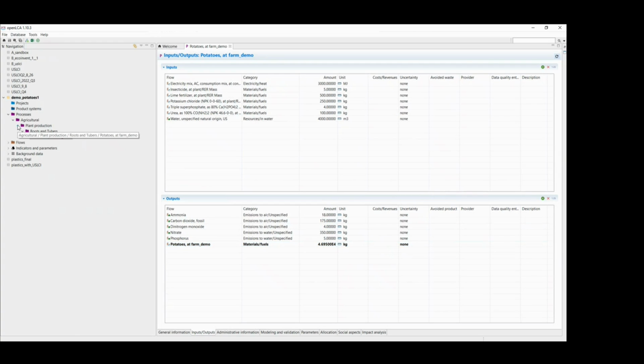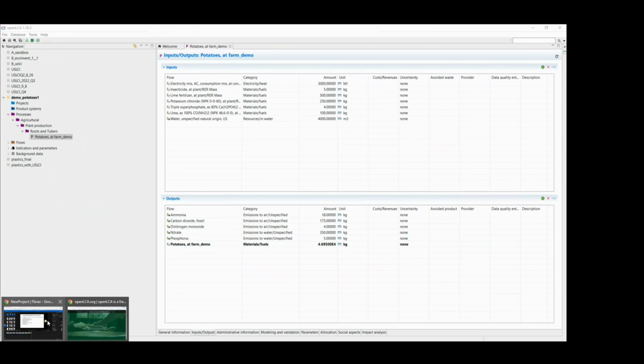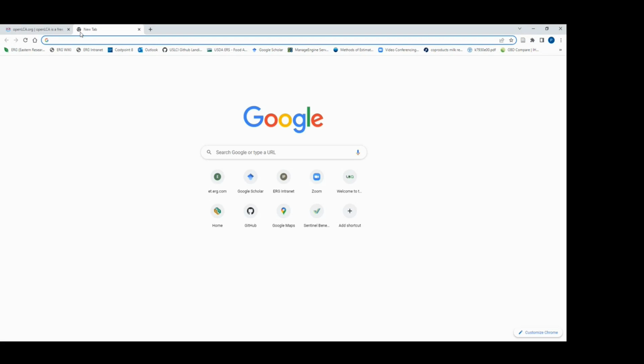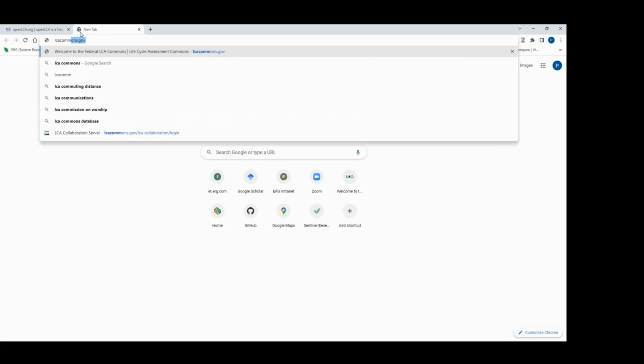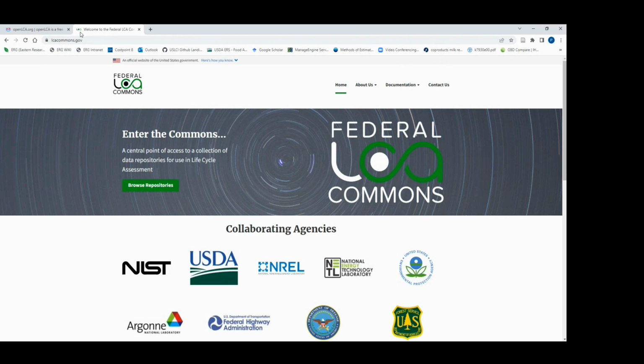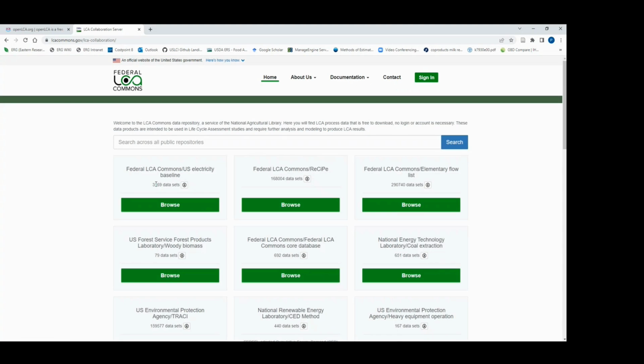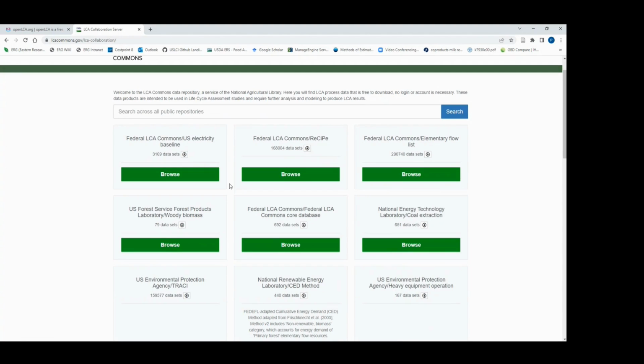So to start out with, we will go to the Commons. We will want to download the elementary flow list. This is what we will map our elementary flows to. We'll also want to download the Commons Core database.